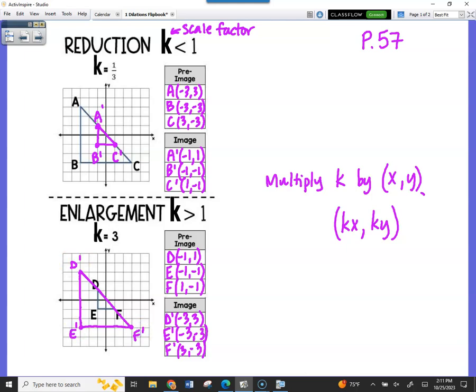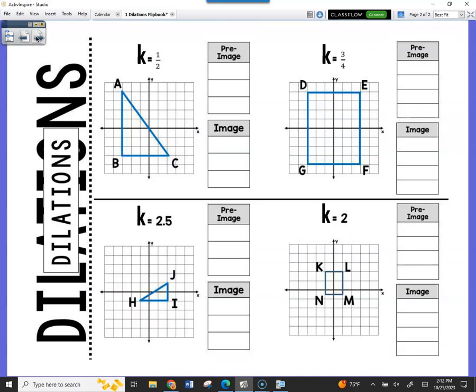All right. Now please open up your flip book. You have 4 practice problems. Let me give you a little guidance on all 4 of them. Let me show you what's going to happen. They have fractions. When you go to multiply by these scale factors, you're going to get answers that have decimals, okay? You need to think about how to graph decimals.